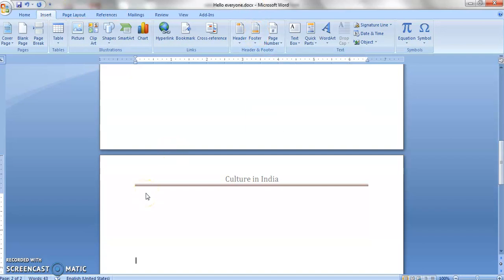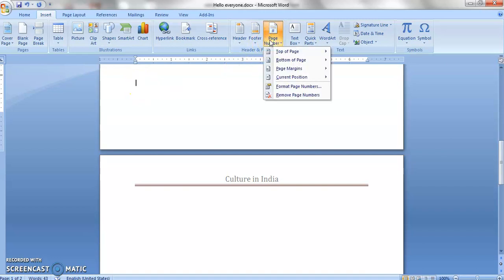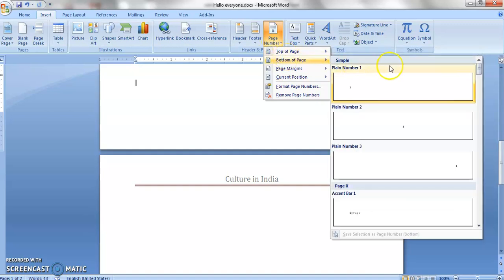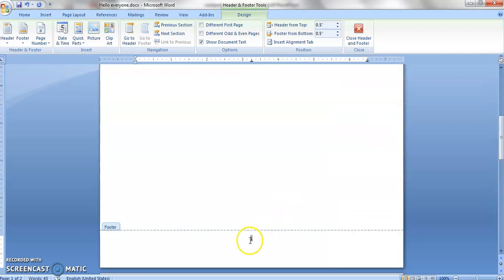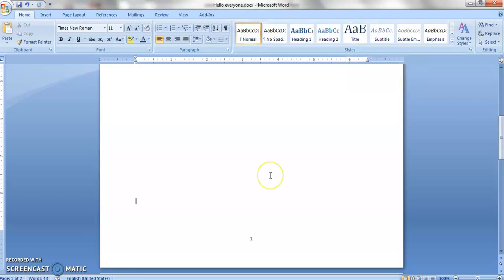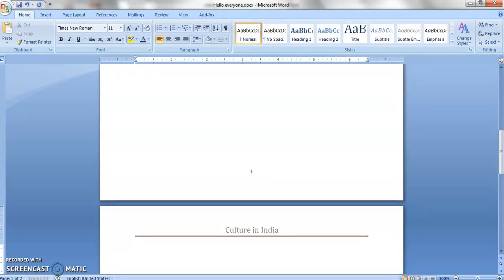Now how will you create a page number? Again you will go to the insert tab. After the insert tab, first you have to place the cursor at the top of the page. So I will place the cursor at the top of the page, and then I will go to the page number where you want the page number to be printed. Suppose I want it at the bottom of the page, printed in the middle section. So I have selected that style, and it has come as page number 1, and I close that particular file. Now when you go to the next page, it will automatically come as page number 2.